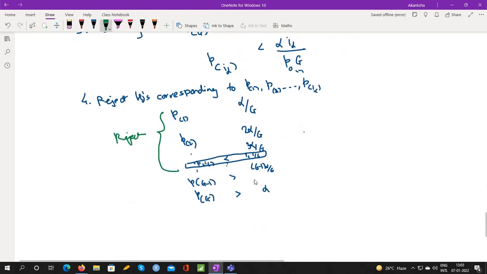Okay, so look at this example. You have arranged p values in ascending order, so you write them like this: p1, p2, p3, up to pG. Because this is the first p value, I will simply take alpha by G here. In this column I will write simply alpha by G. For the second p value, I will write 2 alpha by G, then 3 alpha by G, up to the last one, which will be G alpha by G, that is alpha.